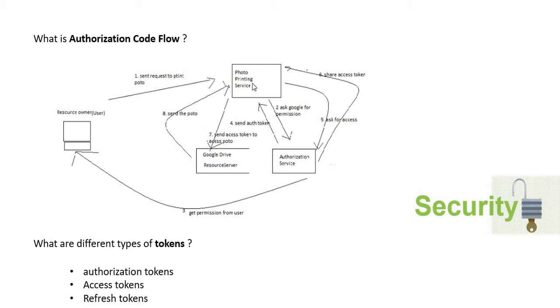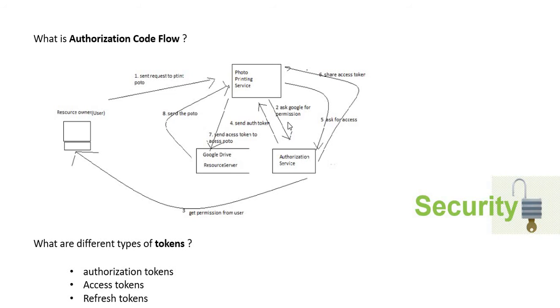So in the next step, Walgreens sends a request to Google to give permission to access the user's Google Drive. In this case, Walgreens is the client. The request from Walgreens goes to the authorization server, which needs to authenticate and authorize the request. The Google authorization server sends a request to the resource owner, which is me, to approve the request from Walgreens. Once the request is approved, the authorization server shares the auth token with the client. The client can use this token to prove that it is already approved by the owner.